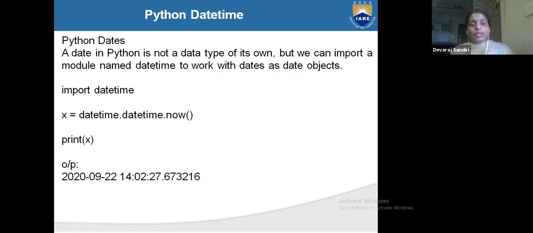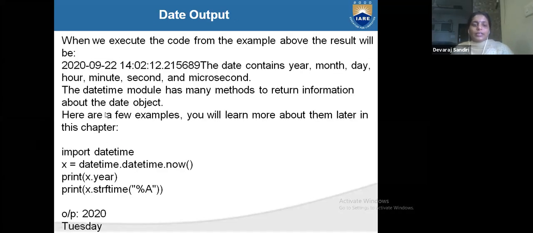After that I will tell you how many types of modules there are, like math, importing math we already did. Now I am showing you import datetime. We are importing datetime for date and time. Nothing else we will write: x is equal to datetime dot now, which means we will get the current date and time. Print x, we will print it. Now you get the date and time as of now.